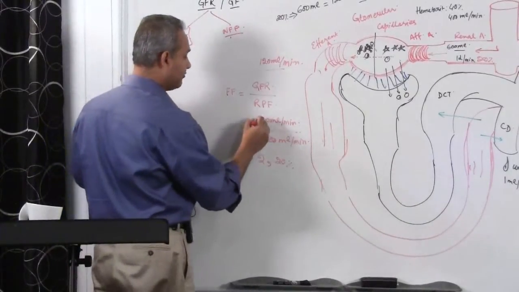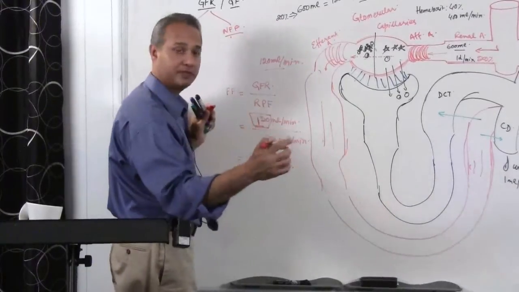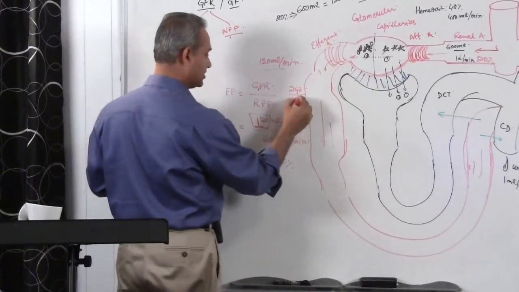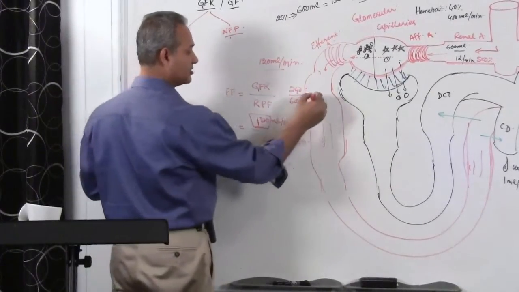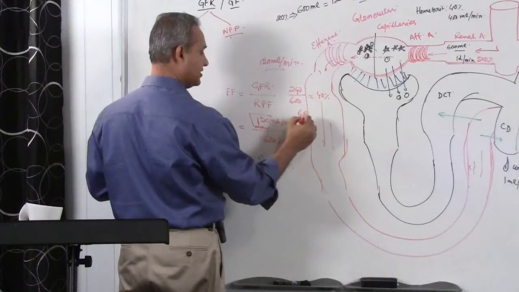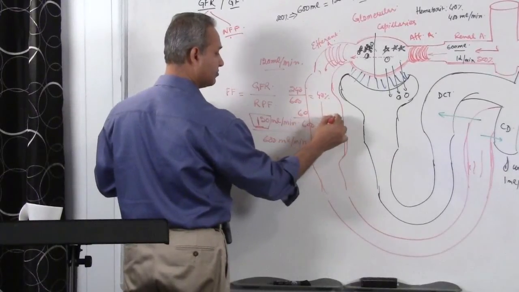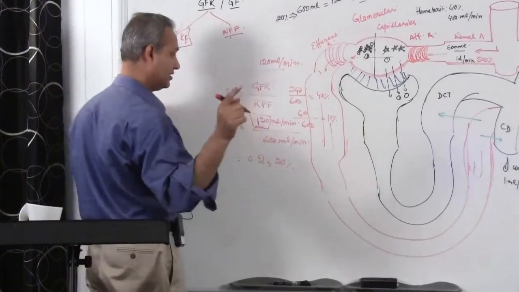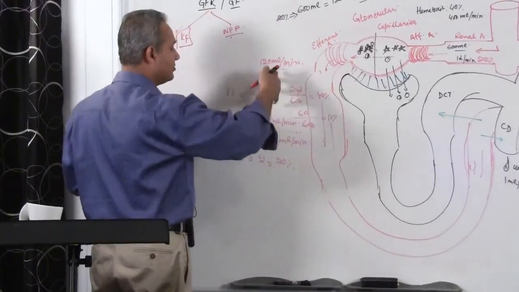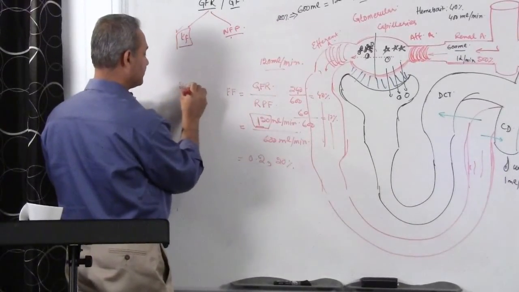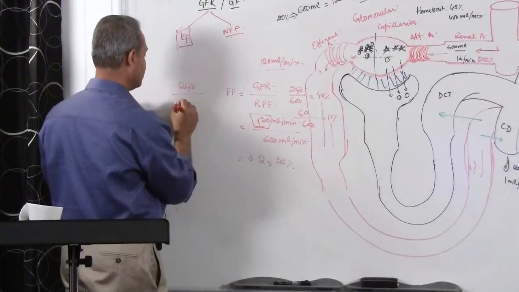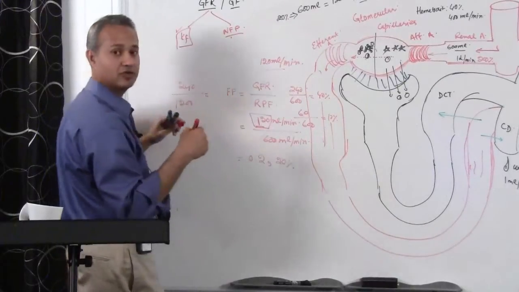Now think about it. If this 120 becomes 240, and plasma flow stays the same, 600, now filtration fraction has gone up to 40%. On the other hand, if I make it 60, then 60 divided by 600 is 10%. That is if I change the glomerular filtration rate without changing the plasma flow. But if both of them change, for example, GFR is 240, doubled from 120, but plasma flow is also doubled to 1200, what do you think filtration fraction is going to be? Still the same,